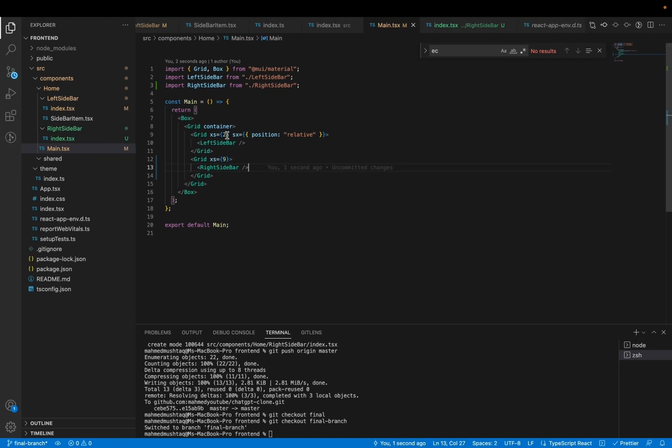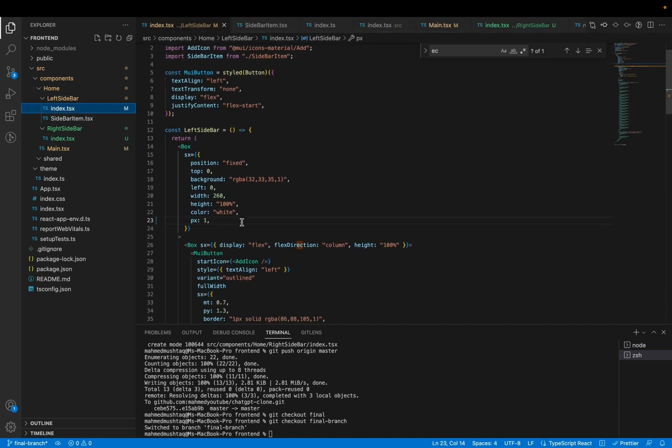You can see actually there is a problem. Our right sidebar is where our left sidebar is aligned on top of right sidebar, and this is not a correct design. For this I think we'll add some fit size. Just remove this one and add width calc 100% minus